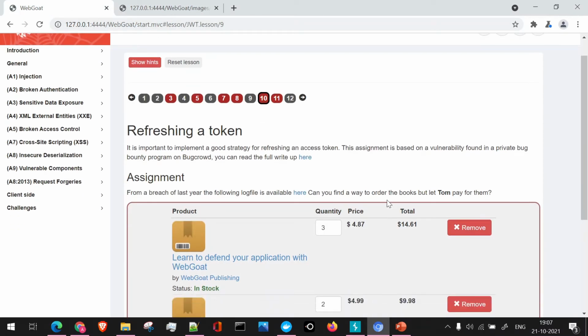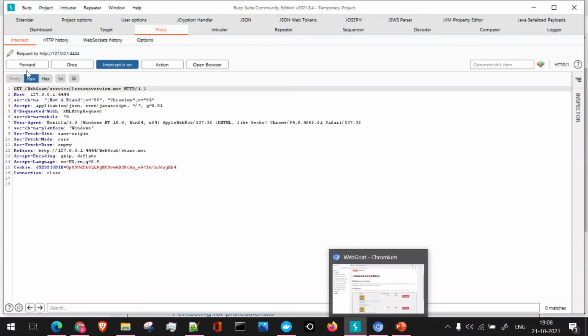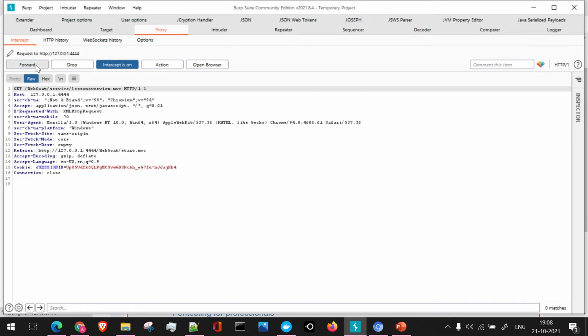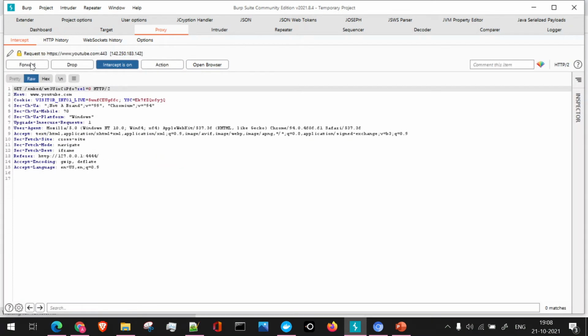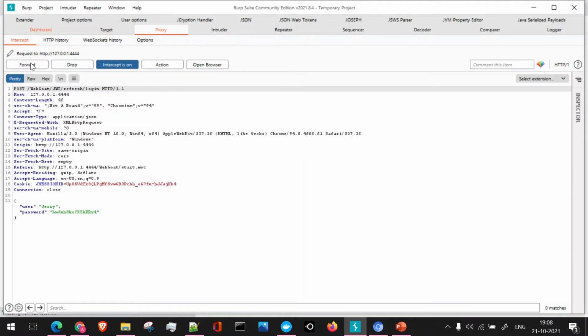So if I refresh this page, what I'll do, I'll just turn on the intercept in Burp, and we'll just click on forward, and here I'll refresh this particular page. So let's refresh, and when we refresh, let's go through what all APIs are getting called. So you'll be able to see an API that is refresh login. This is your API, that is refresh login, and you can see the user here is Jerry. So ideally this particular assignment is designed in a way that we should be getting this request.